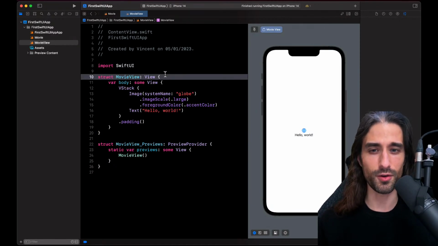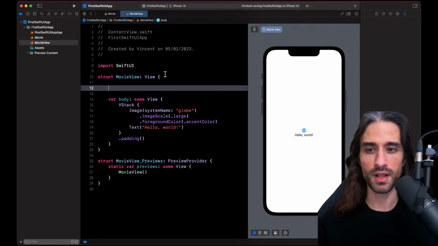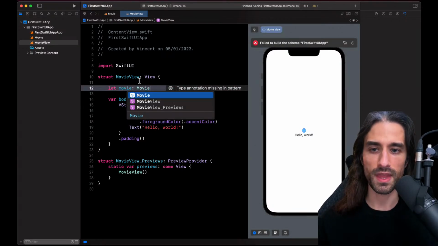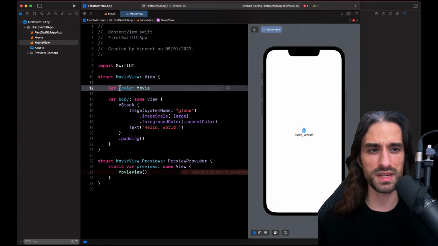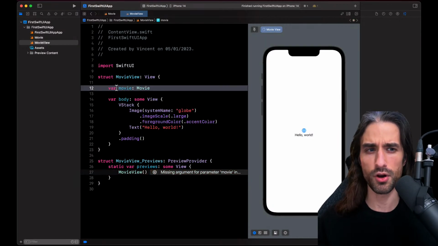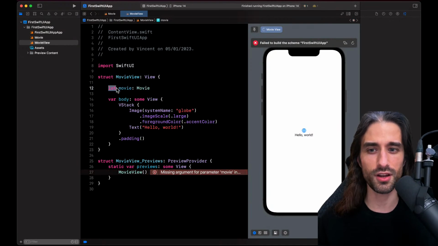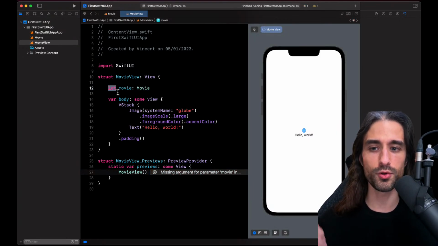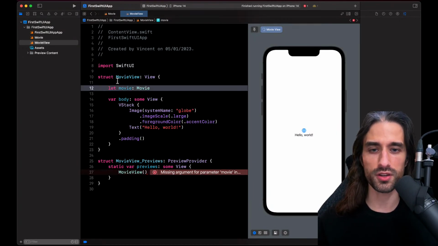And so now that I have a MovieView, that MovieView needs to have some movie that it will operate on. So since MovieView is a struct, I can add some fields to it. So here I'm adding a let property called movie. So let means that this property will be initialized when I create the struct, but it cannot be changed after the fact. If I wanted to make it changeable, I would need to make it a var and maybe even more, but we will cover this just after. For now, let's keep things simple. You give it a value when you init the struct, and that's it.